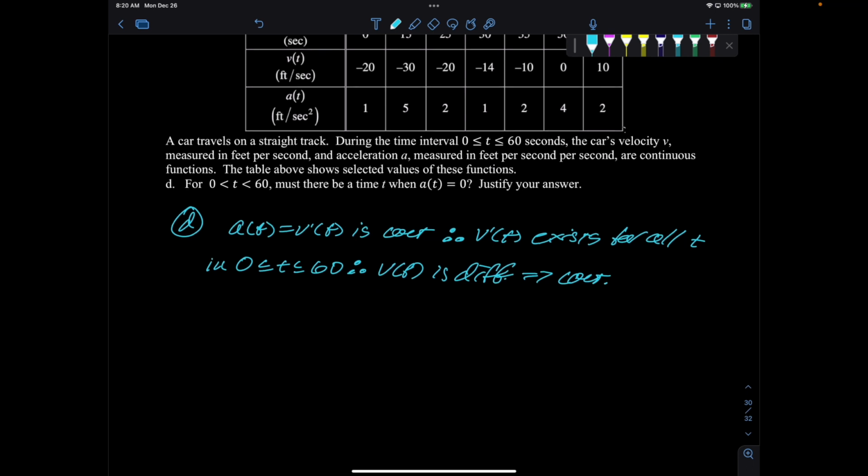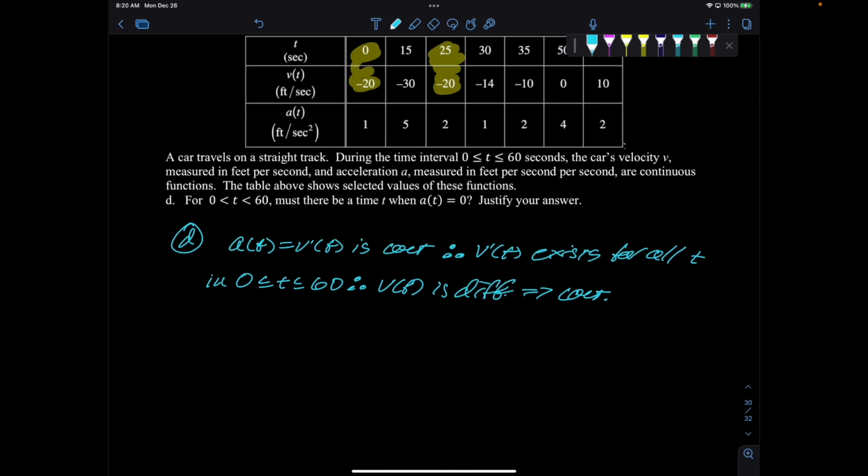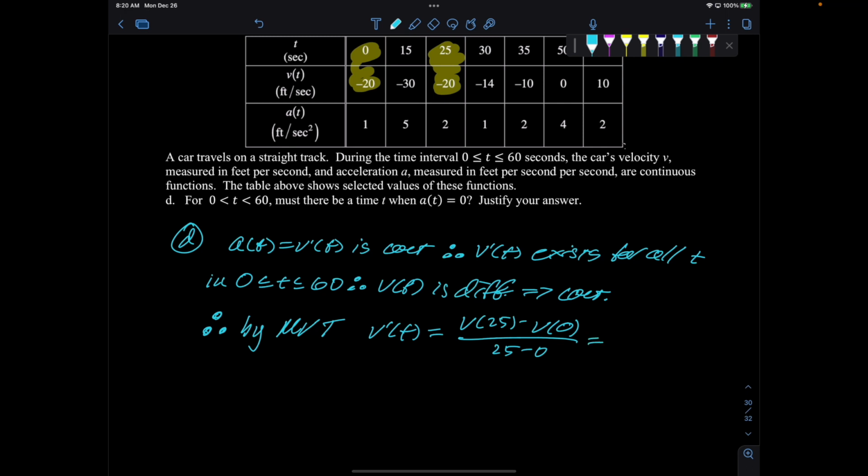So, all right, we are going to go from here to here because they're the same value. I recommend you always look through the table. If you're trying to show where something equals 0, look for the same y value because it just makes your life easier. So, therefore, by the mean value theorem, v prime of t equals v of 25 minus v of 0 over 25 minus 0, which equals 0